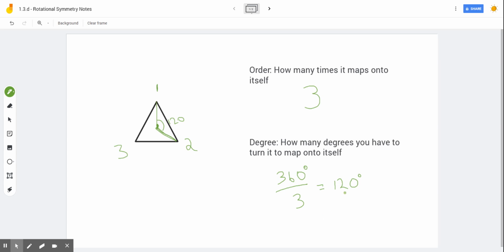And all multiples of that are also going to be degrees of rotation. We usually focus on the smallest degree of rotation, but all of the multiples are also correct. So 240, and then 360 is the identity rotation. We don't really talk about that because it doesn't count if it's